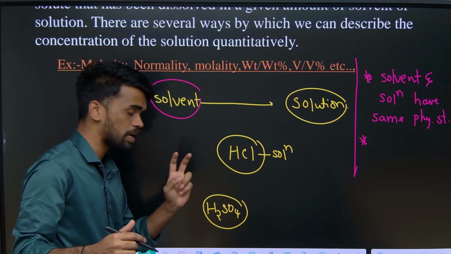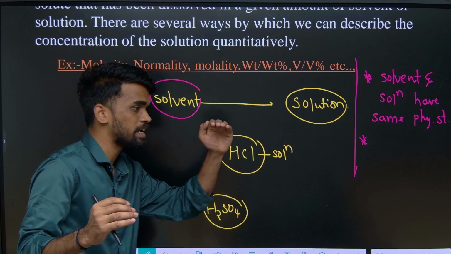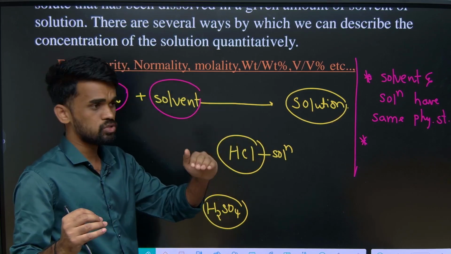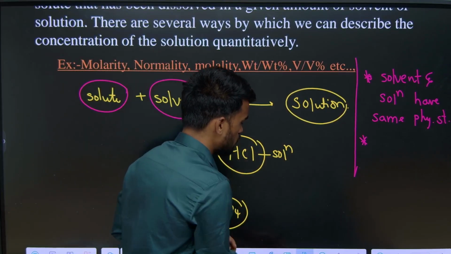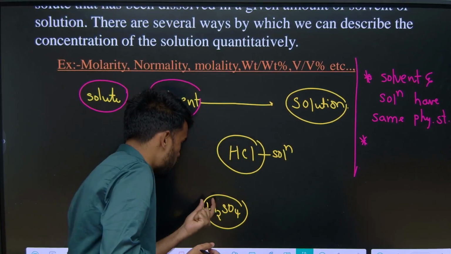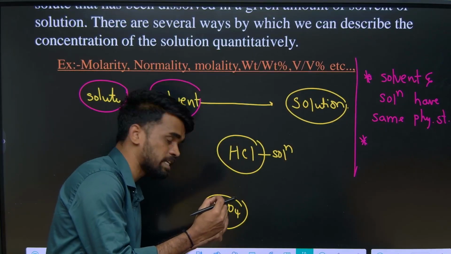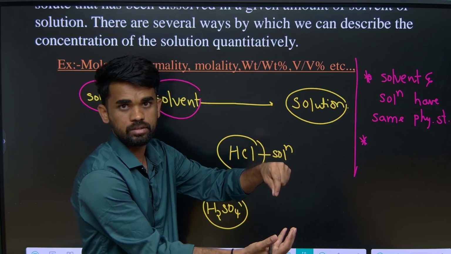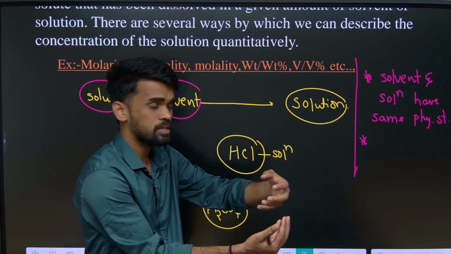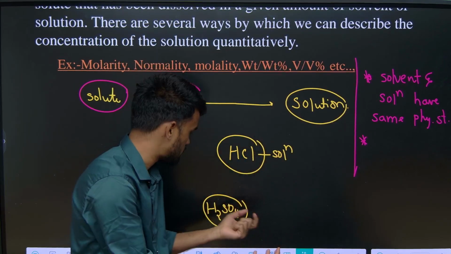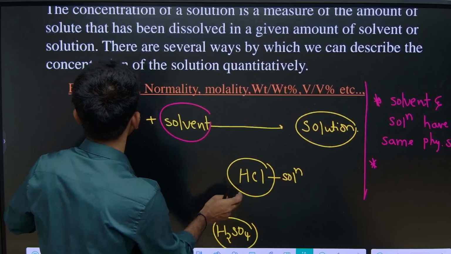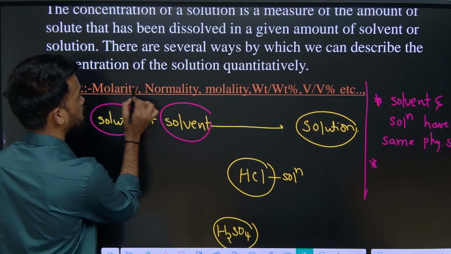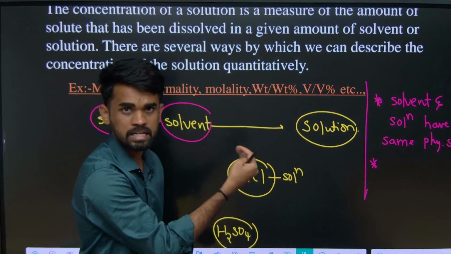So here we have a dilute acid. Here I am saying something like concentrated and dilute. What exactly is it? When I say this solution, how much pure acid is present in that solution is what decides the concentration of this acid. For example, here there are some concentration terms. What are those? Molarity, normality, molality, all of these are concentration terms.